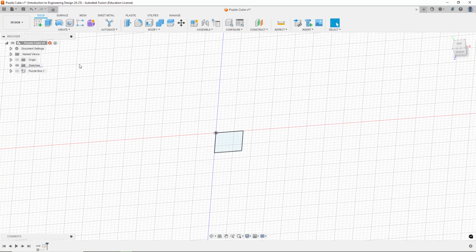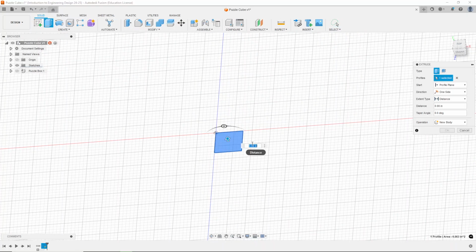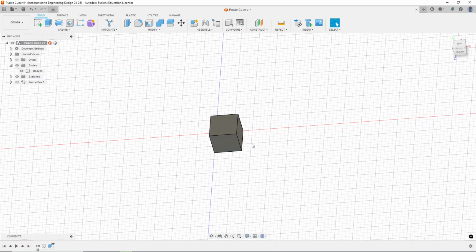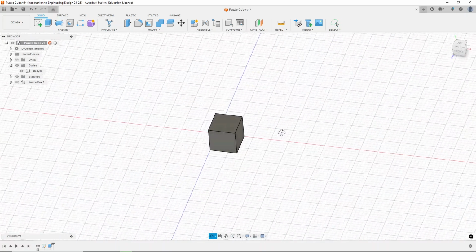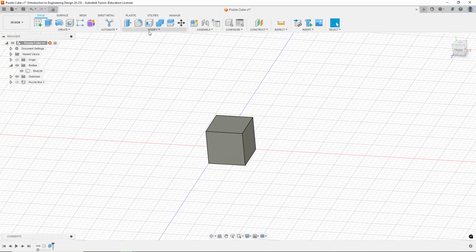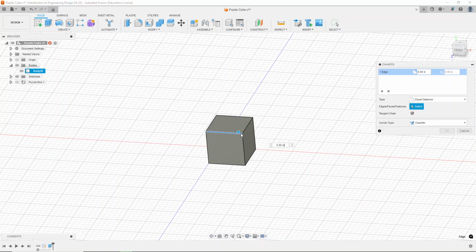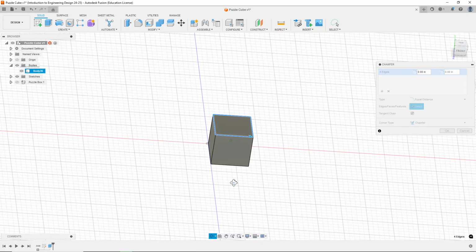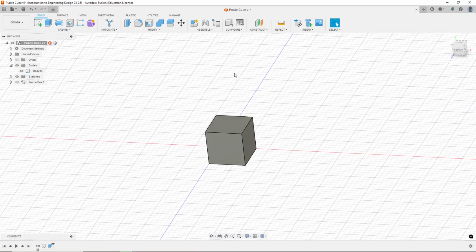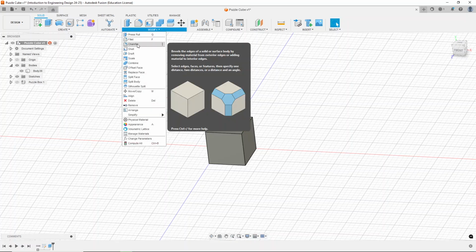And I'm going to finish my sketch, and then I'm going to extrude this up 0.75 inches. So now I have a perfect cube. I'm going to then create a chamfer on all sides, and to select each of these edges, I could go through and pick them one at a time, but instead the easier route would be to hit chamfer, and then